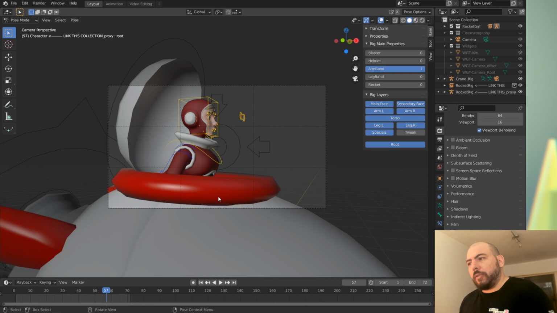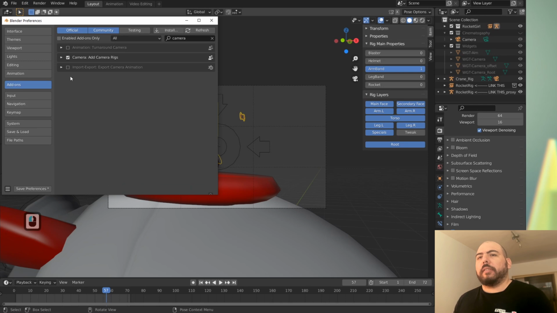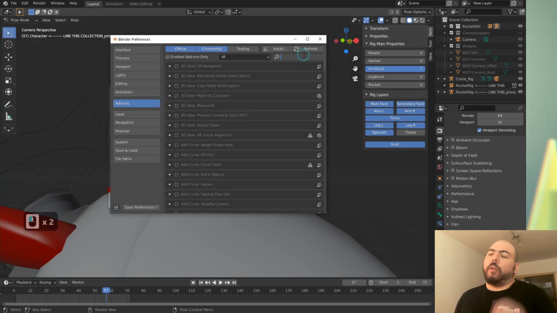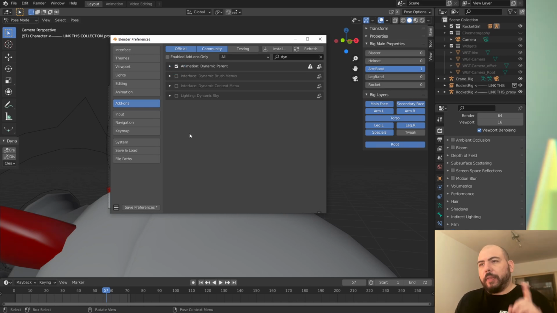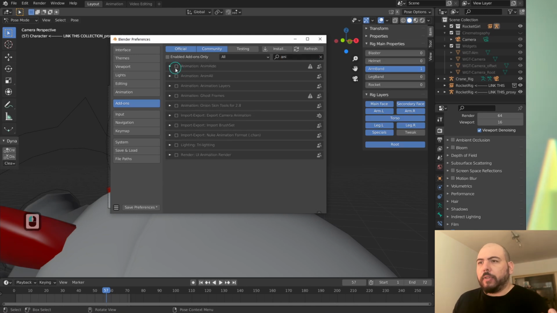Other things that we should take a look at are some of the preferences. So we're going to go to the preferences, and one thing that's always useful is the dynamic parent add-on. In the case of how I parented her to the ship, it wasn't necessary because I reckon I'm not gonna turn on and off that parent, so it would be useful still, but it's more useful for the other things that are gonna happen in the shot. Then what other add-on we need? Animate, that I'm going to use later on. Animation layers, that I'm going to use as well. Onion skin tools also.